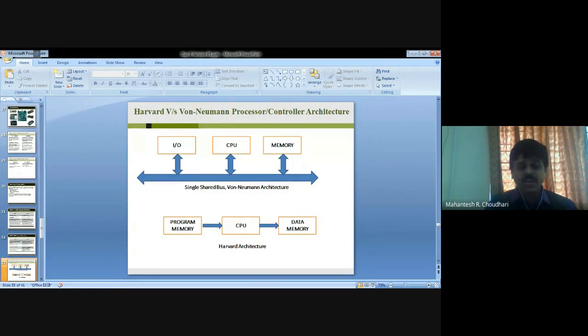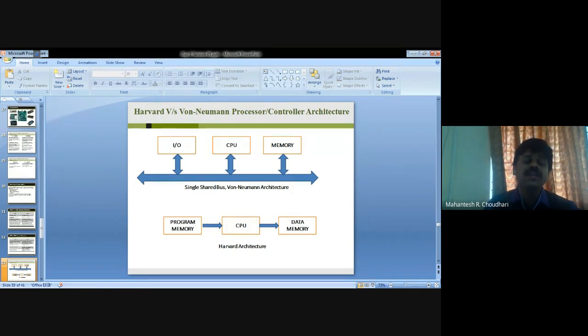And if I go ahead with the Harvard architecture, microprocessor controllers based on it have a separate data bus and instruction bus. This allows a bus transfer and program fetching simultaneously on both the buses. That is the Harvard architecture concept.